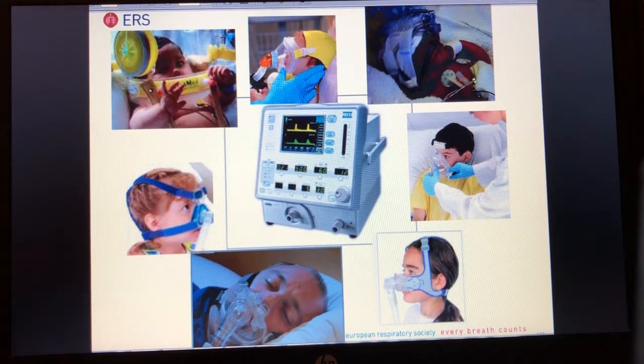In the middle of the top row of photographs you can see a full face mask, which is probably better tolerated, appears to be more comfortable than, for example, an oronasal mask, which you can see an example of in the middle row on the right hand side, that young boy having an oronasal mask. And on the top right hand you can see the kind of contraption that we commonly use in premature babies and infants,